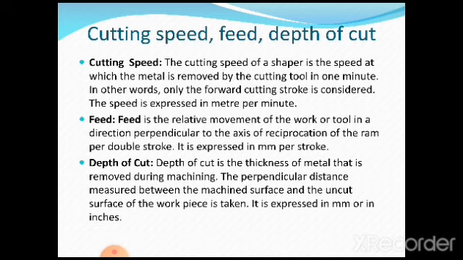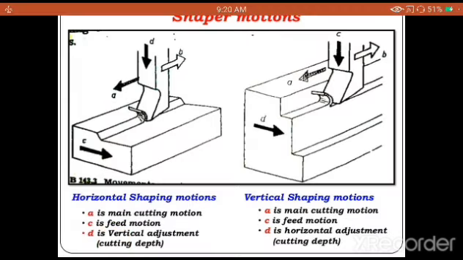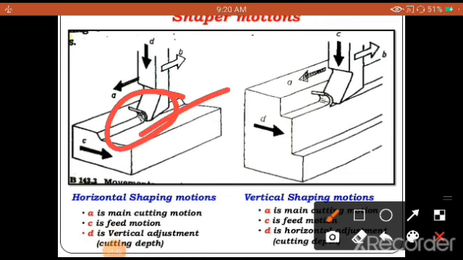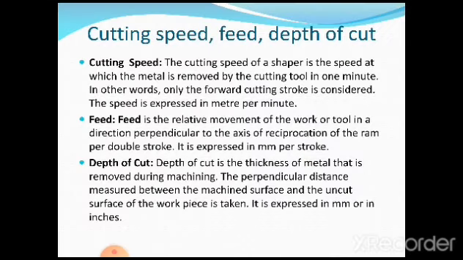Always it is millimeter per minute. It is called as millimeter per minute or meters per minute. That depends. Okay. In 1 minute, how much amount of material is removed? In other words, only the forward cutting stroke is considered, because in case of a shaper, return stroke is idle. See here, observe carefully, the cutting is done only during the cutting stroke like this. This is a cutting stroke and this is a return stroke. The cutting stroke itself is responsible for cutting the material. That is very, very important. In other words, only the forward cutting stroke is considered. The speed is expressed in meters per minute.